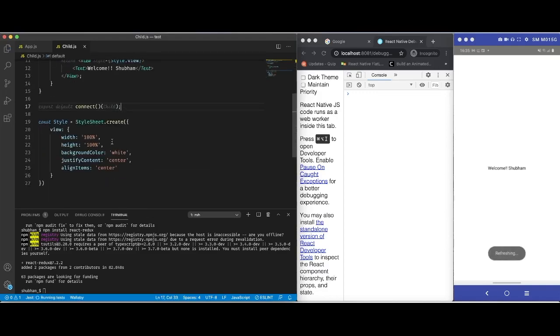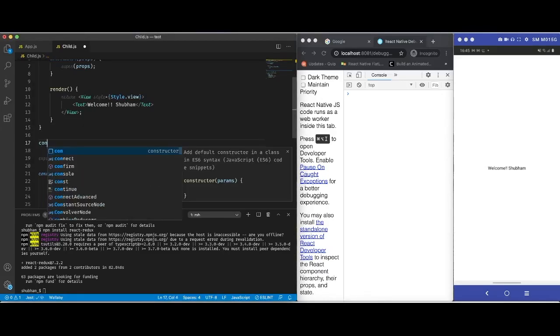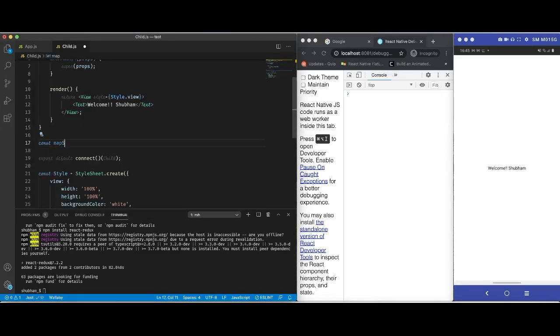So this is how we will make our state available to all the components. So at this point, the state is available. Now we want to use state inside this component. Connect takes a first parameter using which we can use state in this component. Let's create that function. So we are going to name it mapStateToProps.